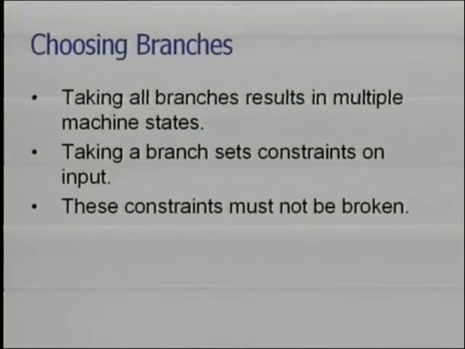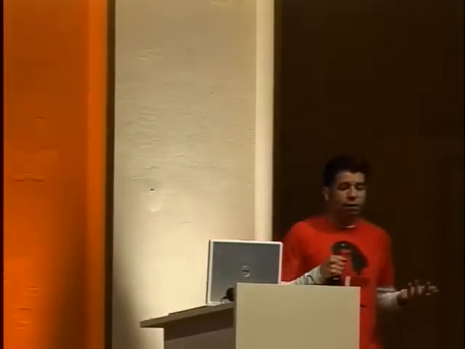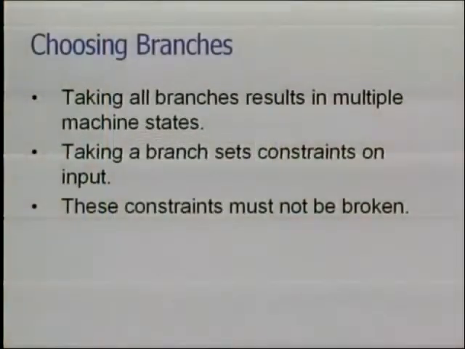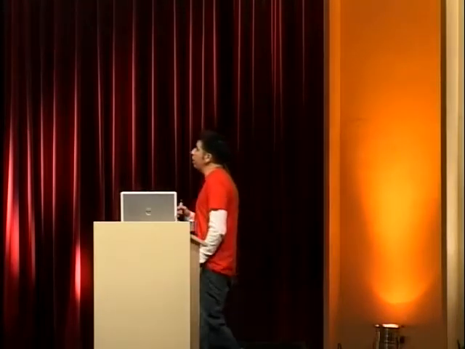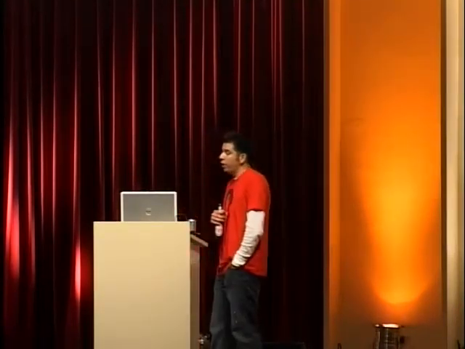So you can take all branches. If you take all branches, you're going to have multiple machine states. And when you take a branch, by the definition of taking a branch, you've set a constraint on the input. If you take a branch and the comparison is this greater than 5, you have to find that the path is going to be greater than 5 for that value. Something else that you need to make sure is that you don't break these constraints later on. If you've taken a path that says it's greater than 5,